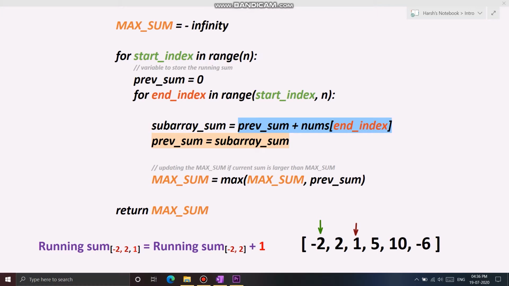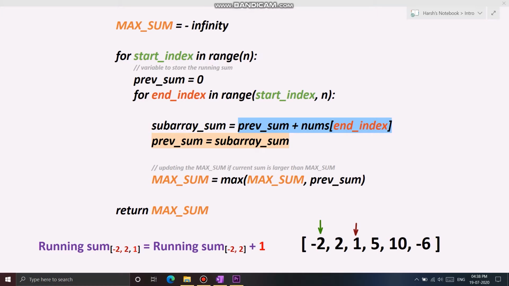Now we have a variable which is going to store the sum of a preceding subarray. After that, for every start index, the value of previous subarray sum would be 0 because we can consider that earlier we have no subarray or a subarray of length 0. After this, for every subarray from start index till end index, we can find out the sum just by adding the last element of the subarray with the previous subarray sum.